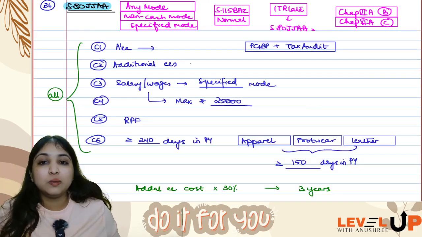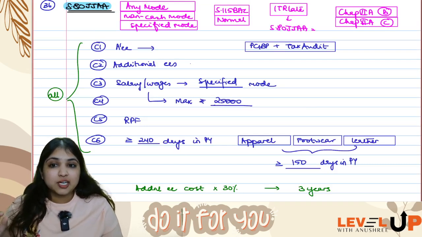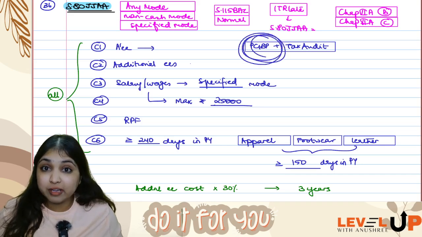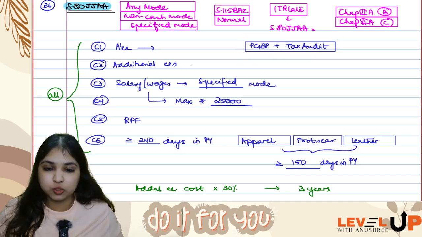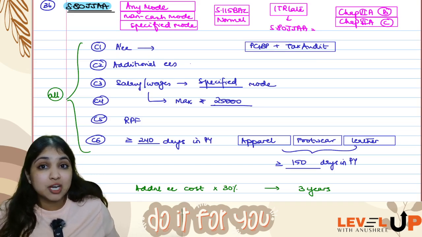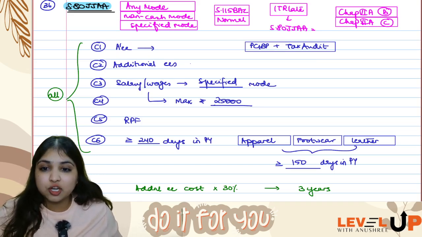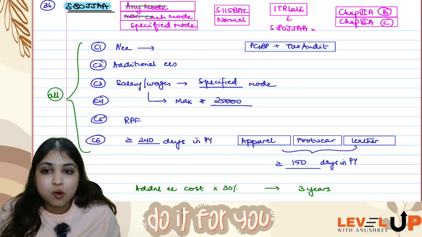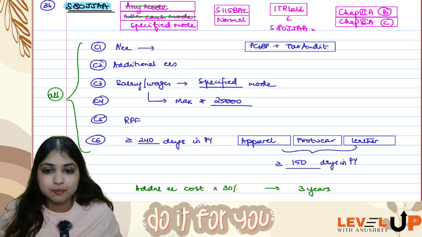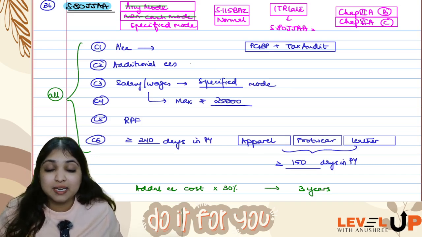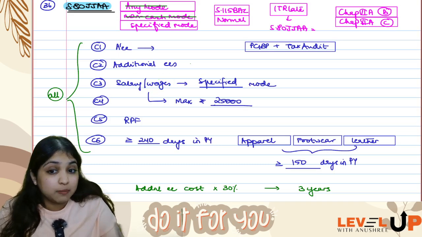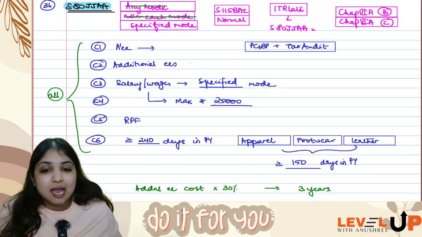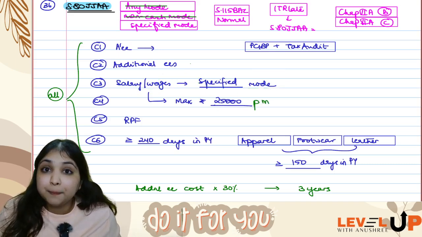Okay. Then coming to 80JJAA. In 80JJAA, assessee has to be a person who is carrying on business. Basically, assessee is having PGBP and tax audit should be applicable to the assessee. Assessee should be having additional employees in the current year. To these additional employees, salary should be paid in specified mode. I am not saying any mode, I am not saying non-cash mode, I am saying specified mode. Under 80JJAA, you are paying salary, right? The salary should be paid in specified mode, right? That salary should not exceed 25,000 per month.